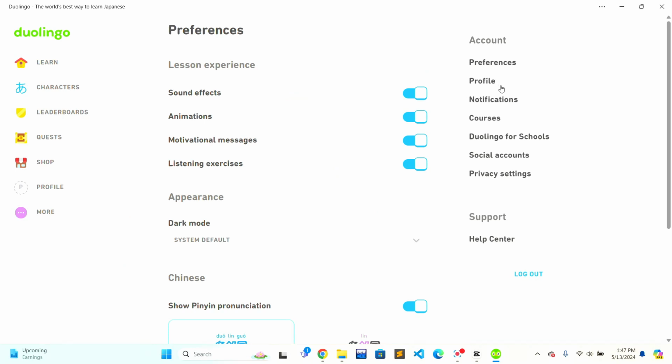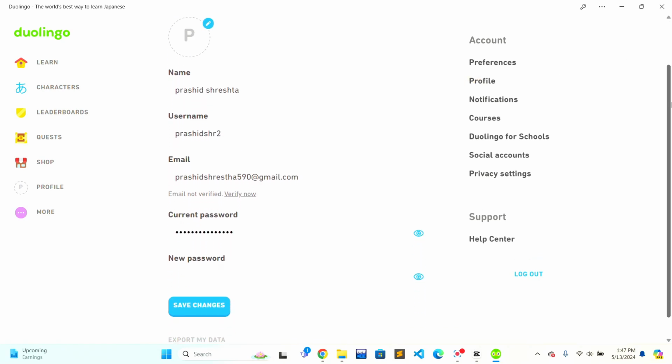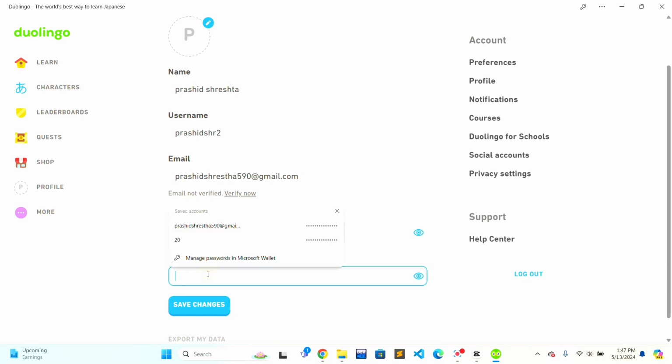a section, account, on the right hand side, and there is a profile section. You just need to press on it and scroll down a little bit, and there is the current password, and you can add a new password. So I'll just add my new password,